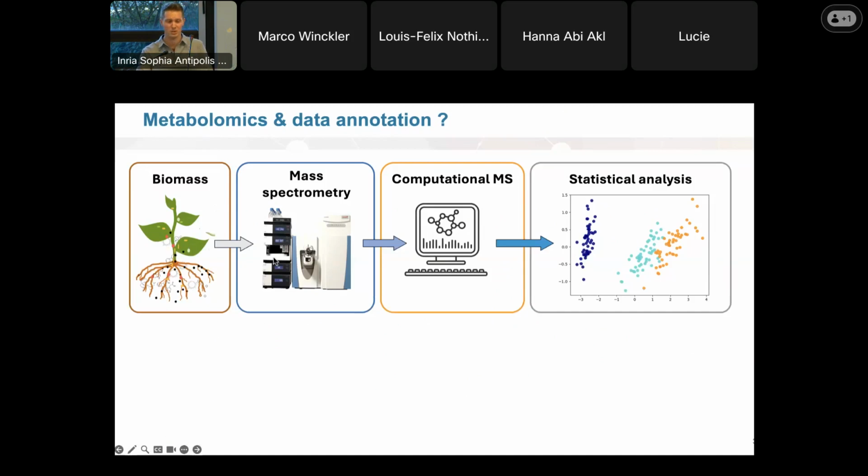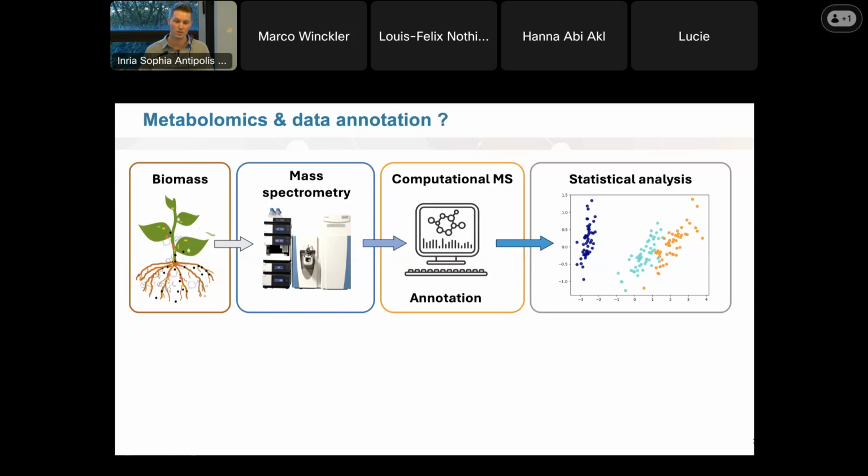So mass spectrometry is used not only in metabolomics, but also in proteomics to analyze proteins, and is applied on any type of biomass, plants, clinical applications, and so on. But nowadays, the instruments are so performant that we are generating an enormous amount of data. And so the process of interpreting the results is actually a very active field. And of course, it is also using some more classical approaches. But my main message is that even though we can see a lot of metabolites in just a few minutes,